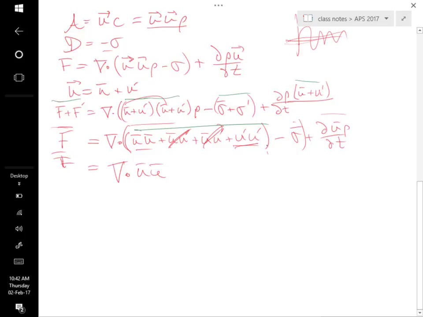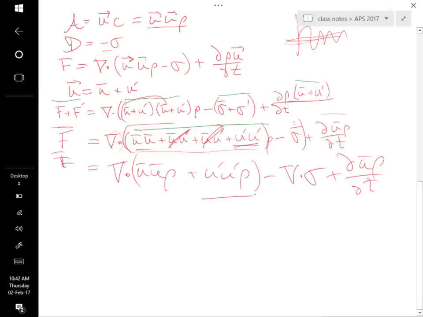And then I guess we had a density in here. And then I'm going to just write this term like that, the stress term. This divergence operator applies to that group and then to that group. So I write it like that. Okay, so here's what we end up with. That's new. And it's the product of the perturbed